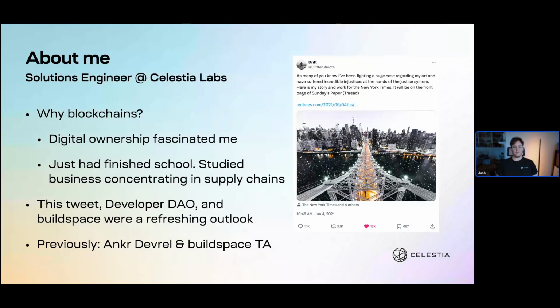Back in 2021, I had finished university and I concentrated in supply chain management. I saw this Twitter post from someone about Drifter Shoots, about how basically he was able to use blockchains to fundraise to get himself out of a pickle that he was in with the justice system. And it was something that I thought was really interesting and fascinating because he was able to do that without some intermediary